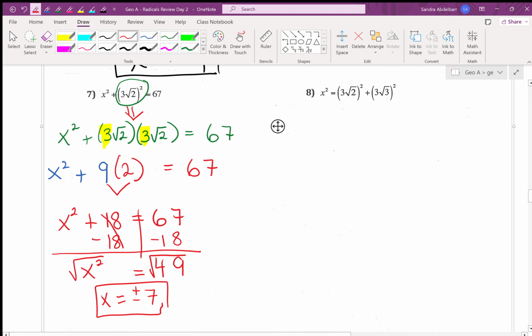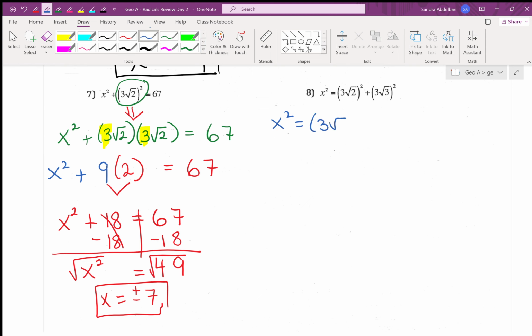What do I have to do for number 8? Any ideas? Adam? You have to do it again. You got to square 2 things, right? Not a big deal. We have x squared equals 3 root 2 times 3 root 2 plus 3 root 3